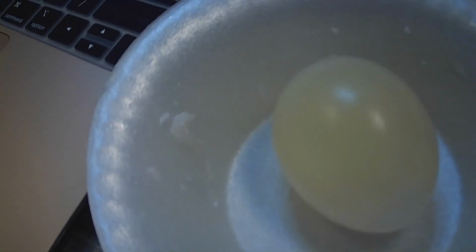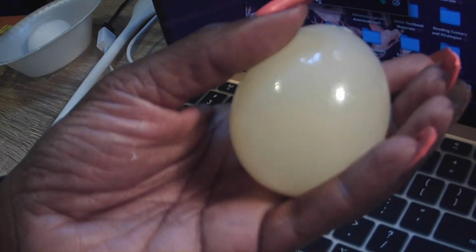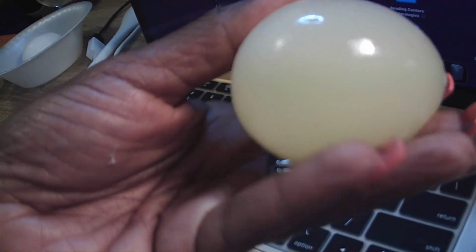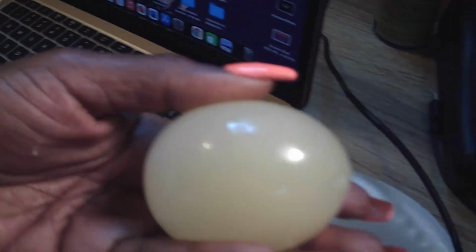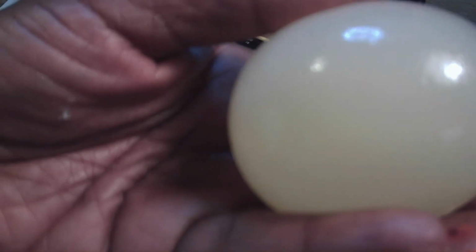Got to be very careful. I don't want to pop it. You can hold it, but you just have to be very, very careful. Do not squeeze. So you can hold it in your hand. You can see it's a little rubbery. Okay, don't want to squeeze it too much. What I'm doing right now is about all you really want to do to your egg. Okay, so now,